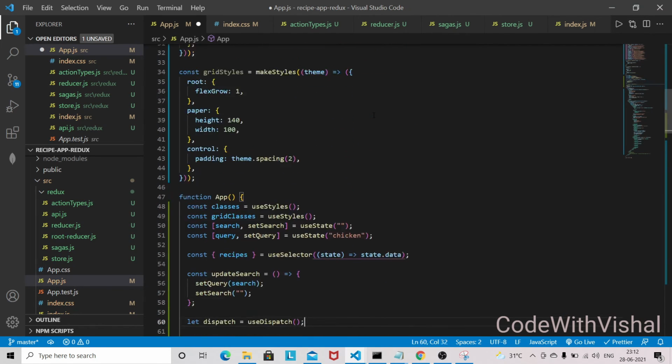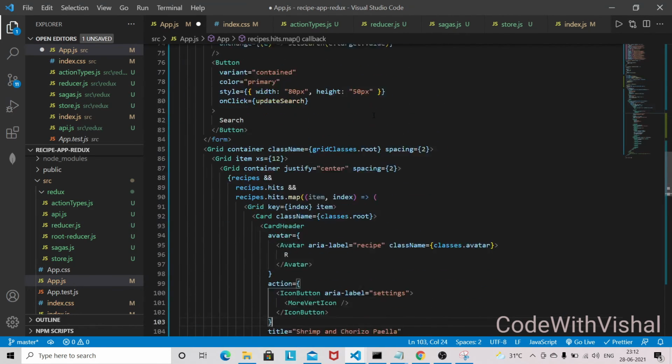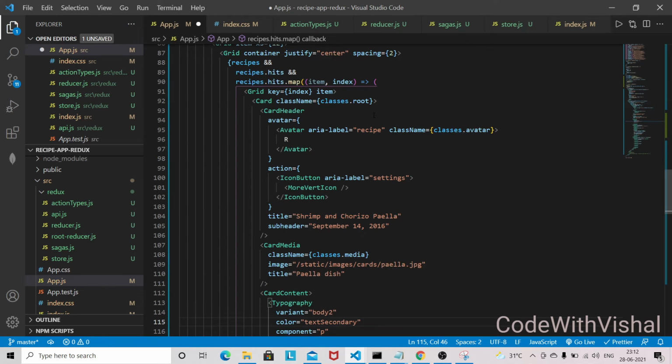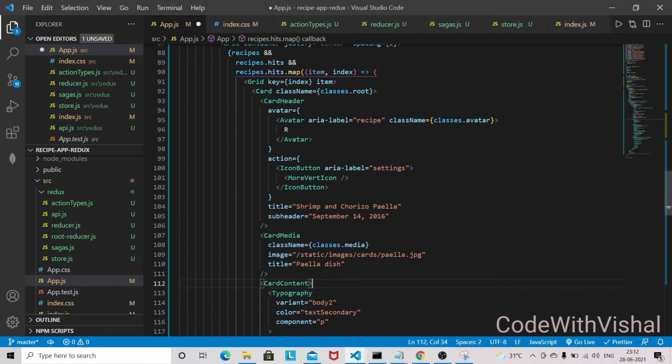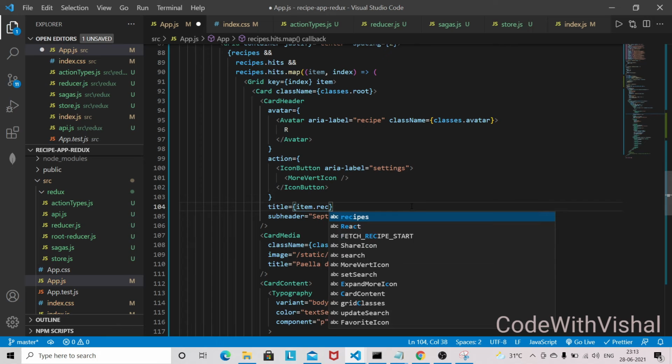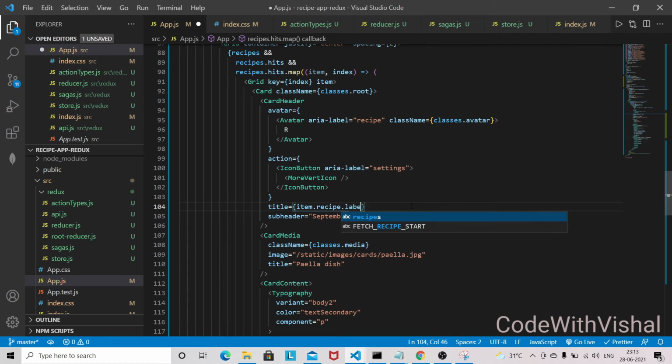So we have imported all the components. Now we are going to change this. So the title, in title we will be having item dot recipe dot label.